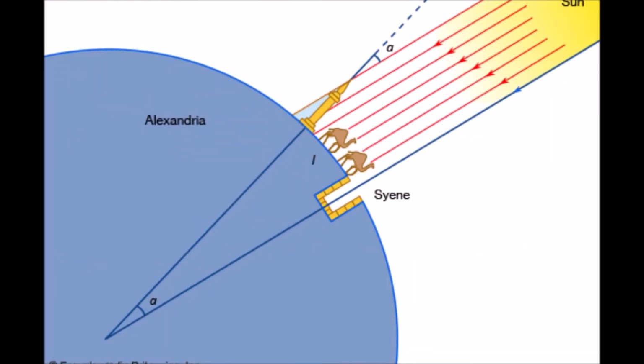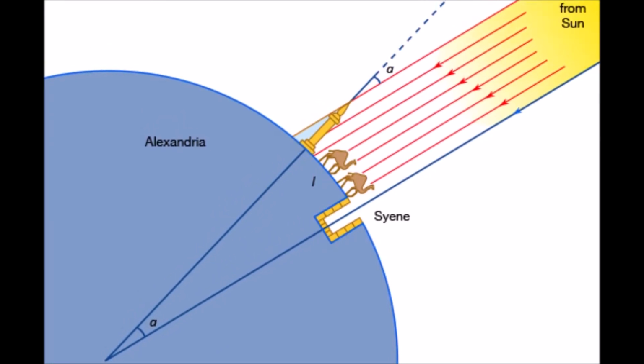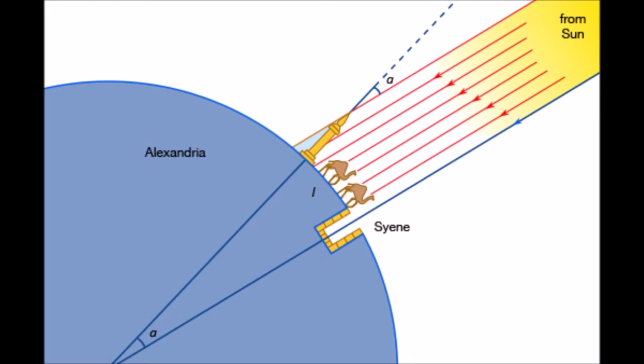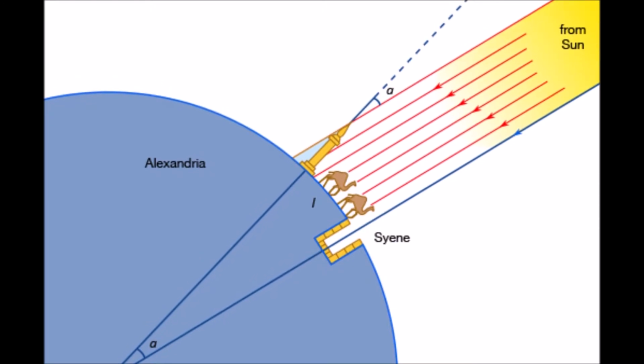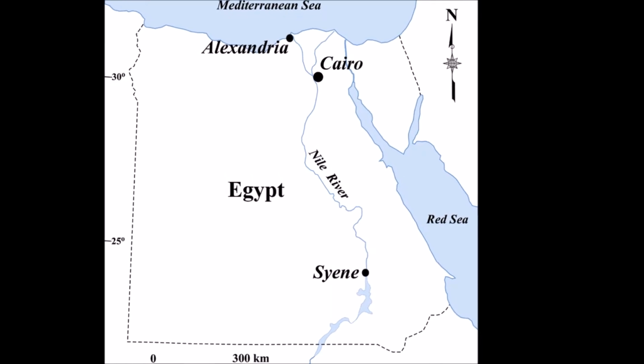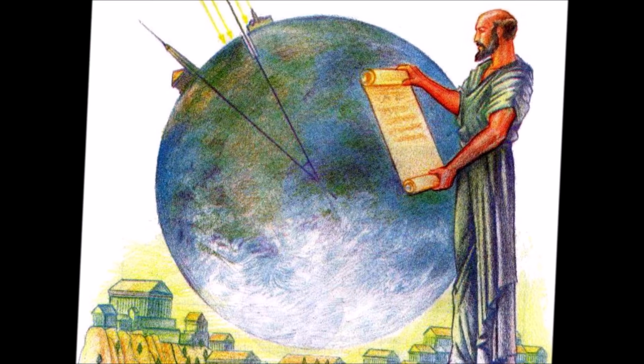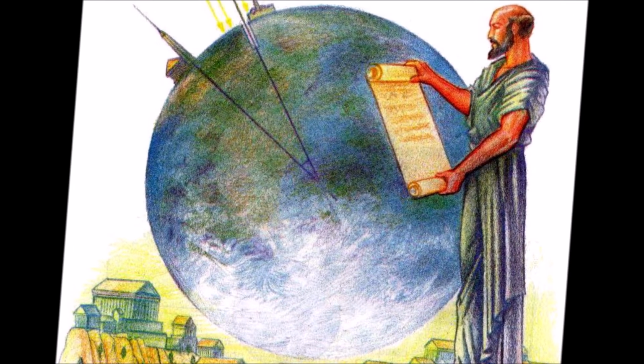He read that on June 21st, a column that was in the city of Syene did not project any shade when the sun was at the highest point. This is at midday, and he discovered that in Alexandria, 800 kilometers to the north, a column cast a shadow. This phenomenon made him uneasy, and he decided to experiment to discover why it was possible.